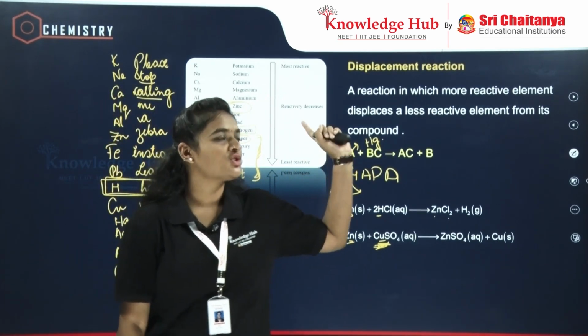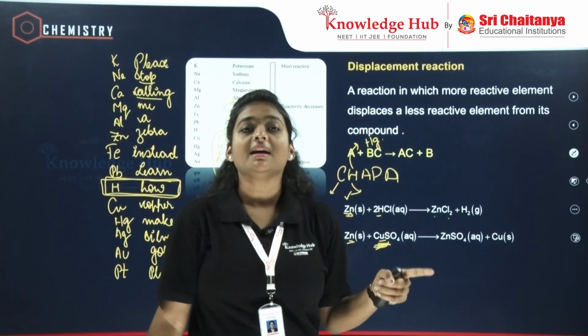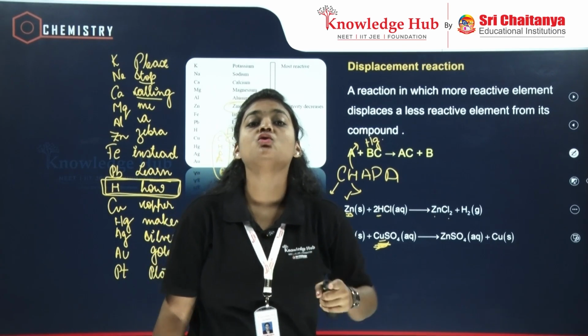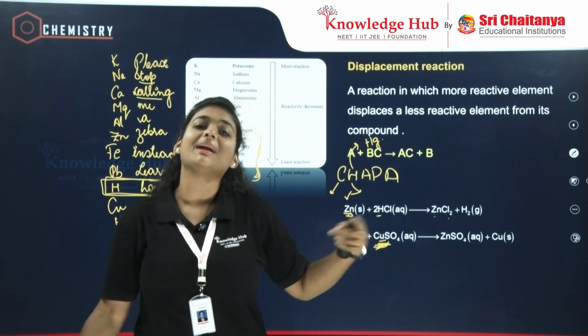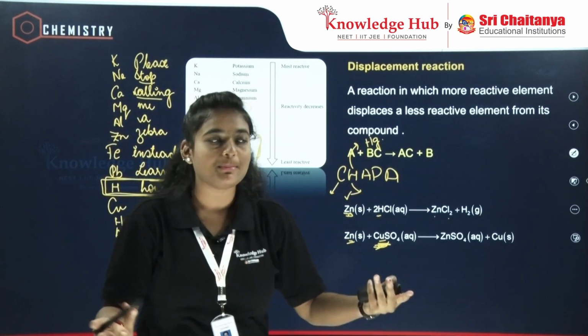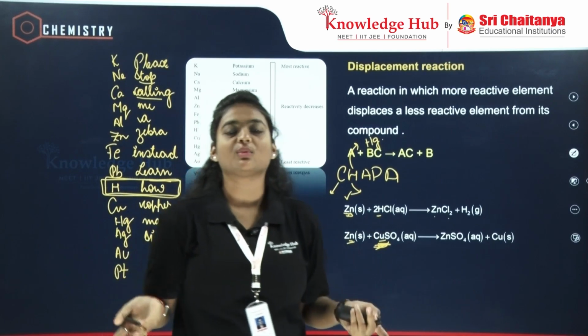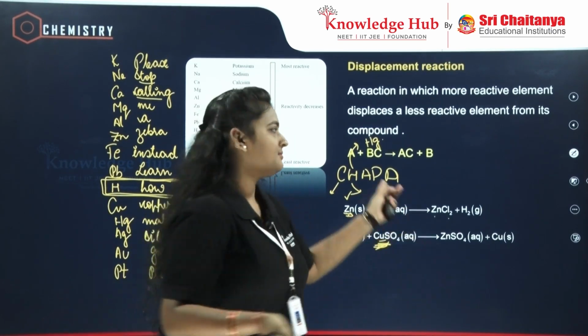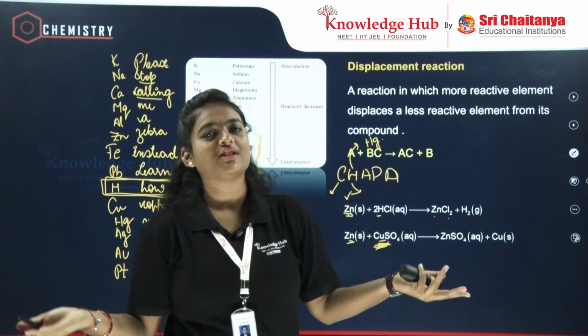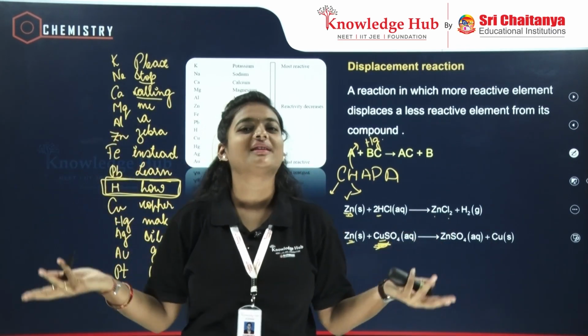Let's do it again. Instead, learn how copper makes silver, gold and platinum. That's all. If you feel this is a little difficult to remember, till grade 10, I told you one more mnemonic, it was Chapa metals. So you remember your Chapa, you're done with your displacement. If you want to learn more, you'll remember this mnemonic, that is also done.